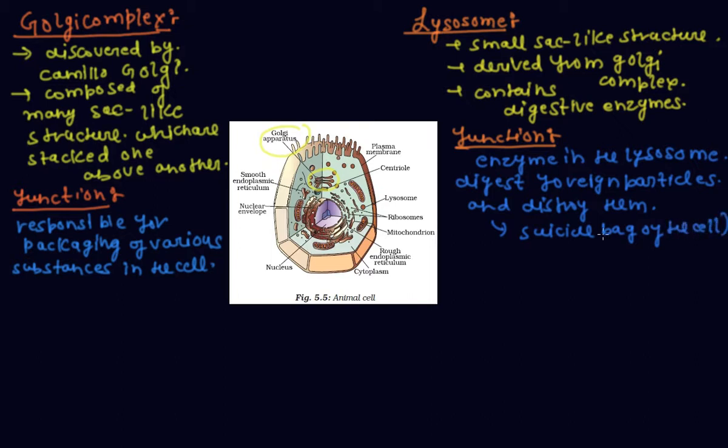So the next is ribosomes. The ribosomes are tiny dot-like structures